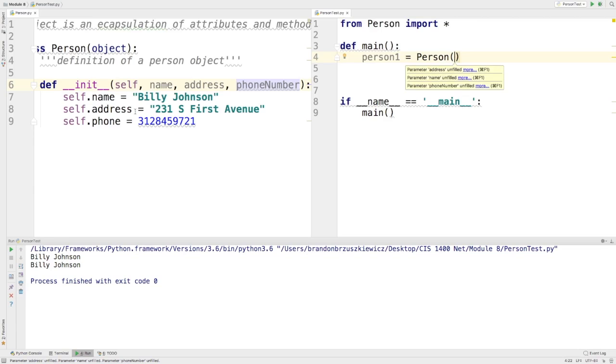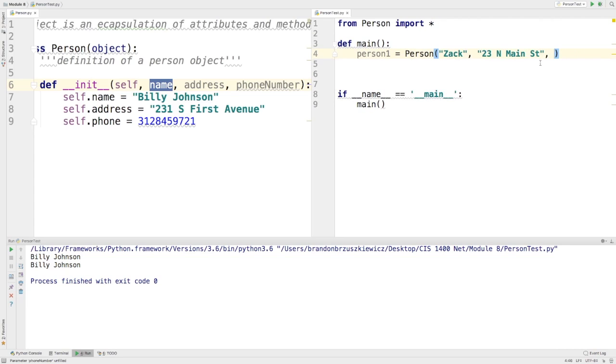Okay. So what I'd like to do is first define name. Maybe we'll type in Zach. I'll just do single names at this point in time. The address will be 23 North Main Street. And the phone number might be something like 555-2314. Okay? And so now if I come over here and actually print person1